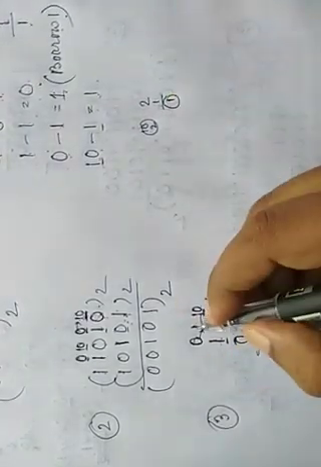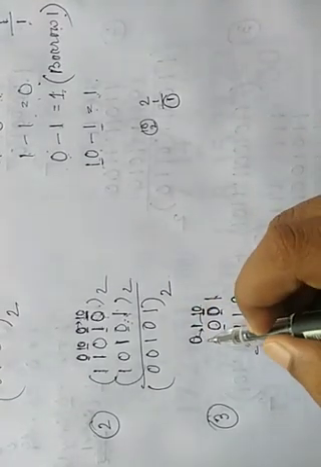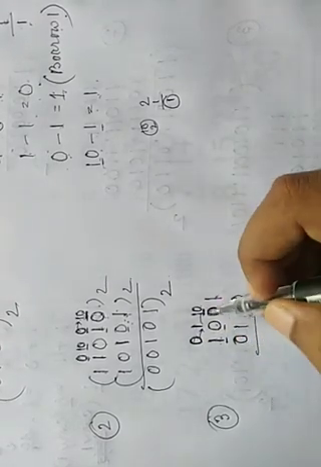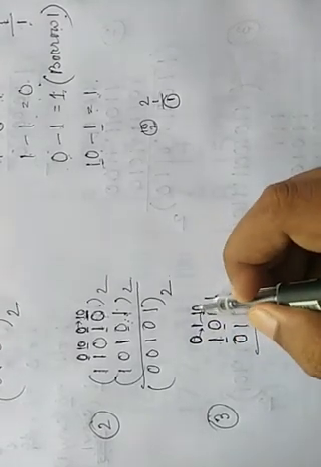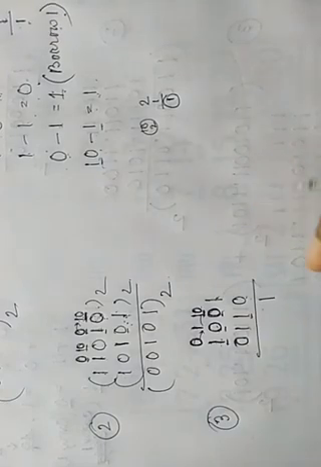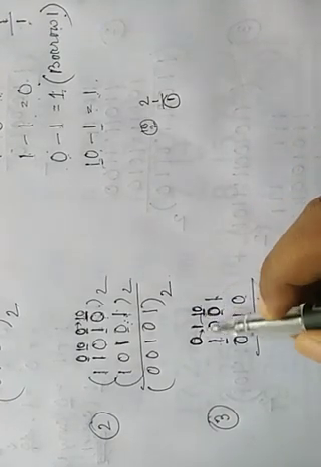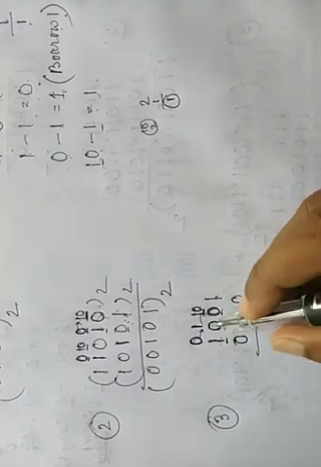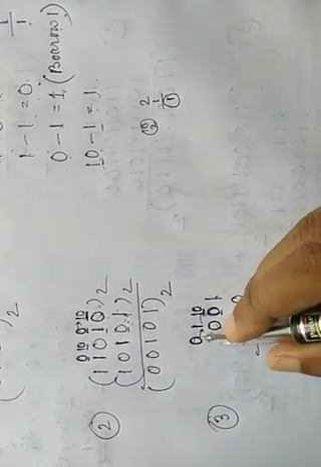So you don't need to remember how it becomes 1. You just follow this rule. If 1 is taken from 1, then it becomes 0, and the 0 which takes the 1 becomes 10, and if there is any 0 in the middle, it becomes 1, for any number of digits. Now we have to subtract using the topmost value. Topmost value means 10 minus 1 is 1. 1 minus 1 is 0. 0 minus 0 is 0.